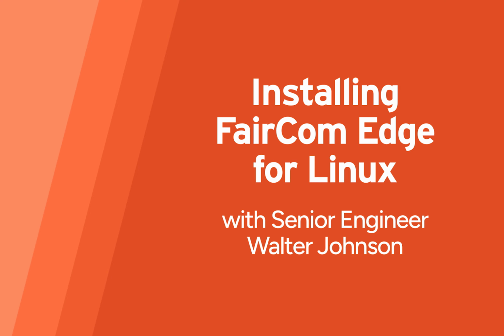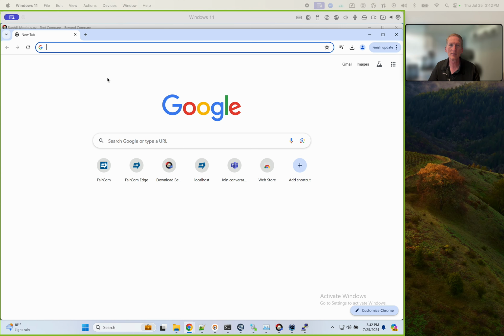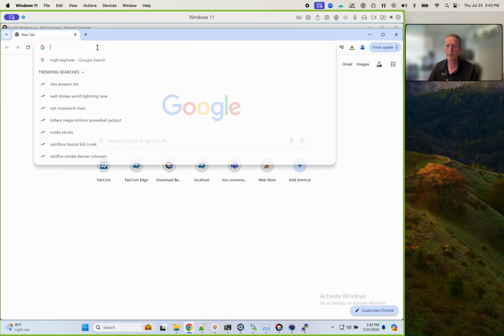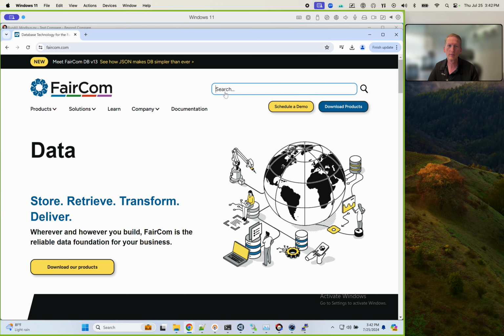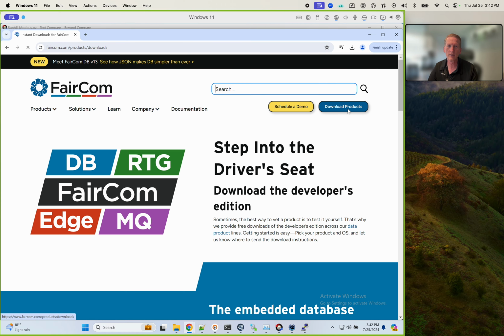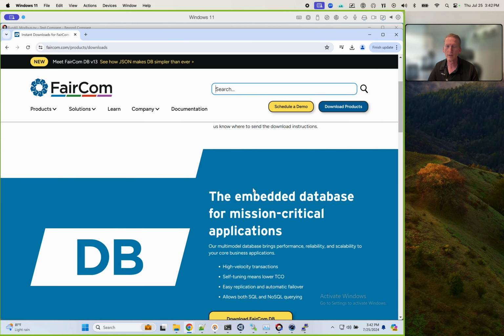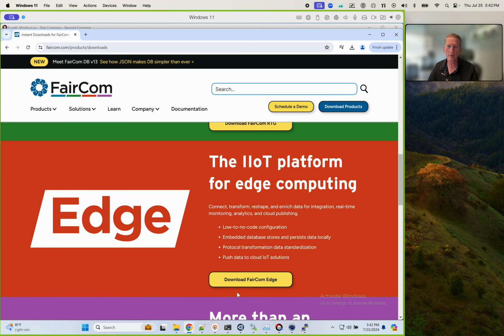Okay, in this video, let's show downloading FairCom Edge and installing it for Linux. So we'll start in a browser. We'll go to FairCom.com. There's a nice download products link right here, button. We'll click that. Now we're interested in Edge, so we'll scroll down to the Edge section and click Download FairCom